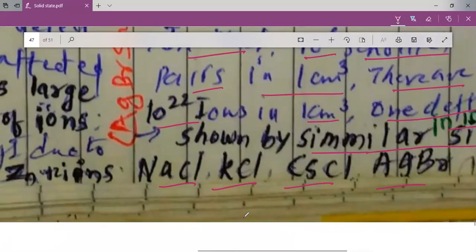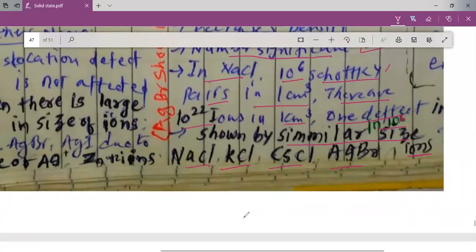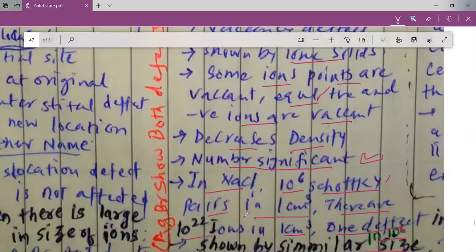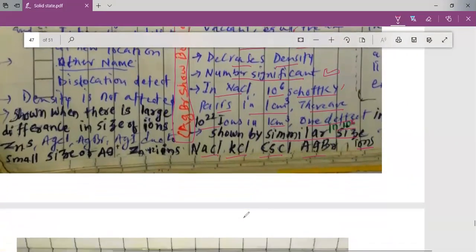There is even one very important and interesting thing that we can note up here. That is what I have written with the red pen, which I would like to encircle now. Please remember this very important thing. What is written here? Can any of you read for me? AgBr shows both defects. That means AgBr is the substance that you can give as an example for both the defects, either Frenkel defect or Schottky defect. Silver bromide AgBr can show both the Schottky defect as well as the Frenkel defect.